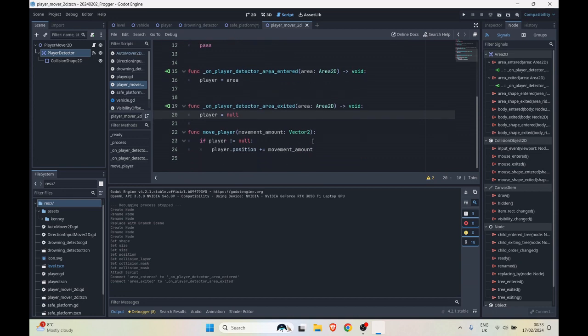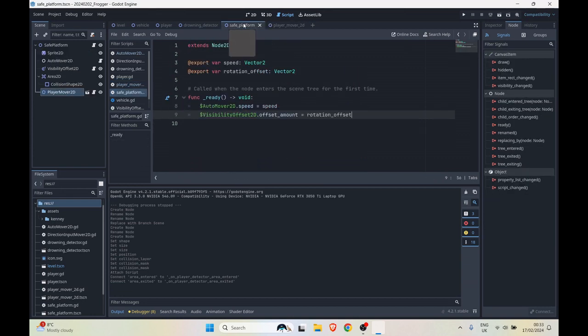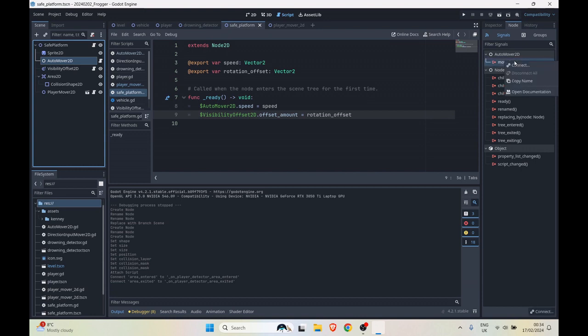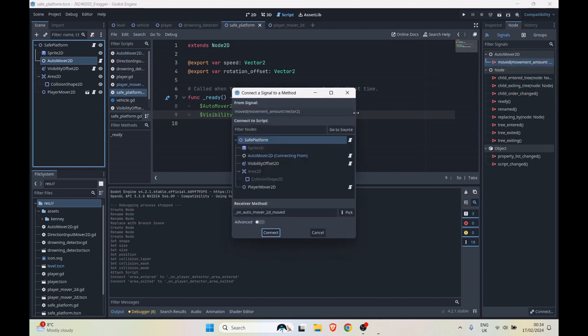Nice and straightforward. What we can do now, if we go back to the safe platform, is we can skip a middleman effectively by saying AutoMover2D, when we've moved, connect and call on the player mover 2D script